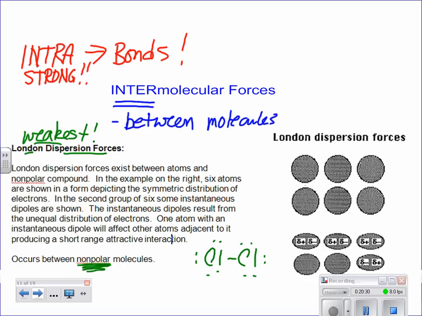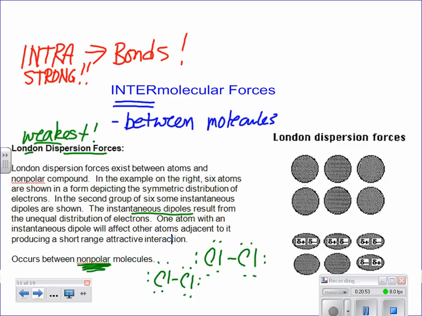So what we end up seeing is that there's no charge. There's no positive or negative side to that molecule. So when another Cl2 comes along, is there any great attraction between those two molecules? Not really, because there's no positive and negatives. What does happen, though, if we read through this, we see that there's something known as instantaneous dipoles that can